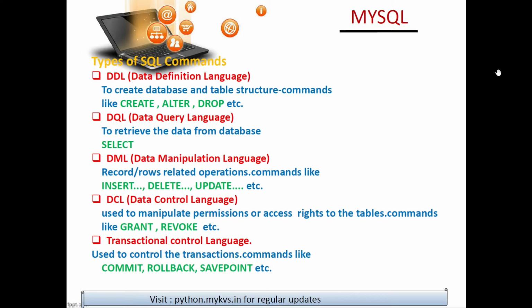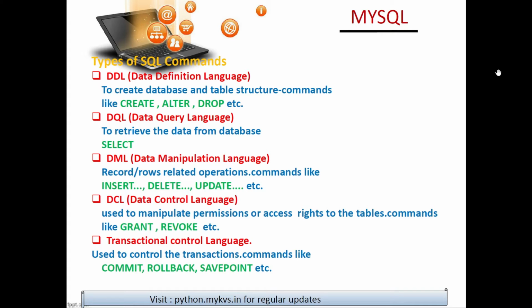So these are the transaction control language, meaning how you are going to save the record in the database, or how you are going to bypass the saving or remove the previous work. All these things can be discussed under transaction control language. But mostly here we will use the DDL and DML, that is the data definition language and the data manipulation language.